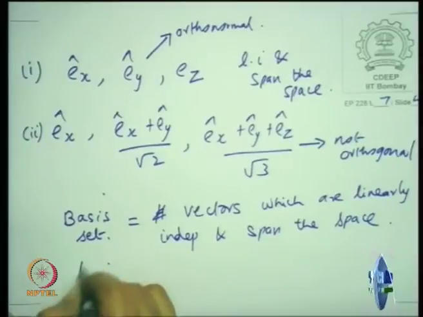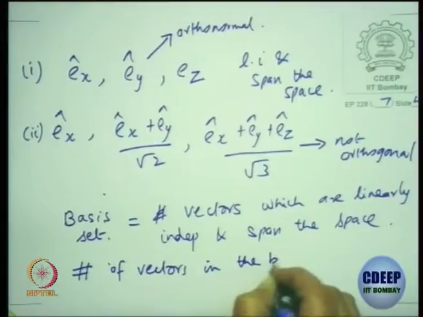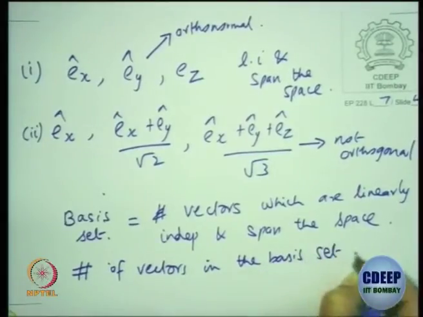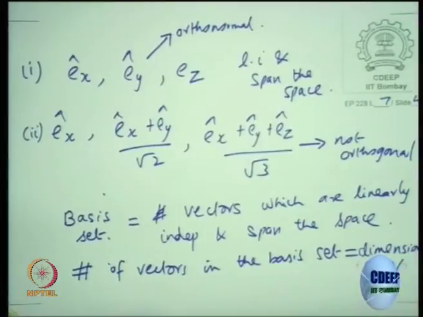The number of such vectors in the basis set is the dimension of V. Here I have taken this vector space to be the familiar 3-dimensional R3, but whatever I am giving you here